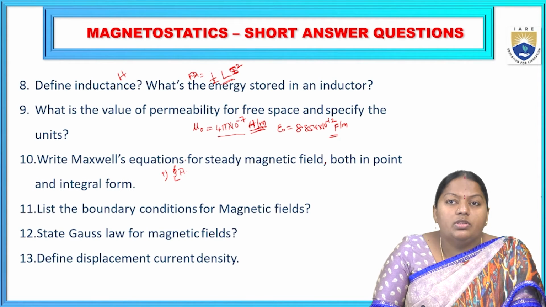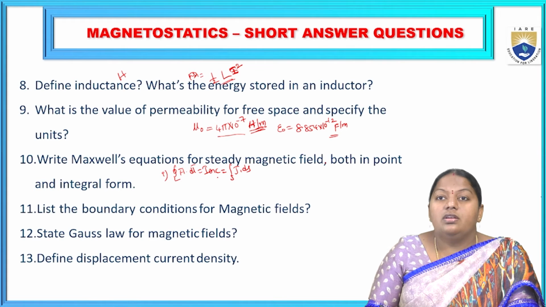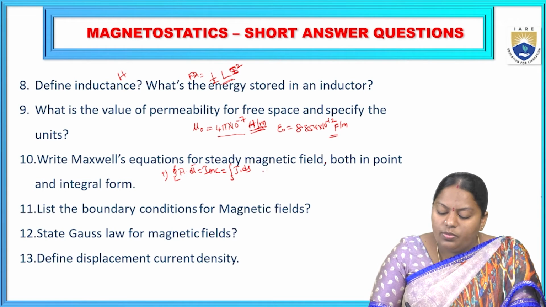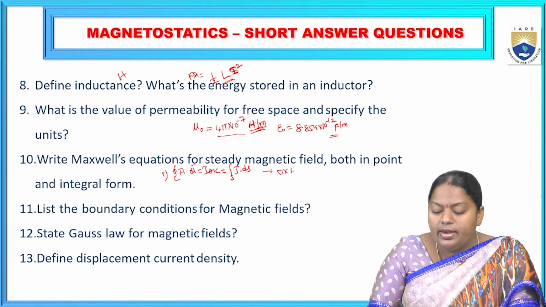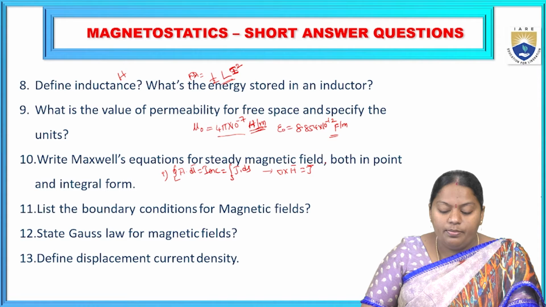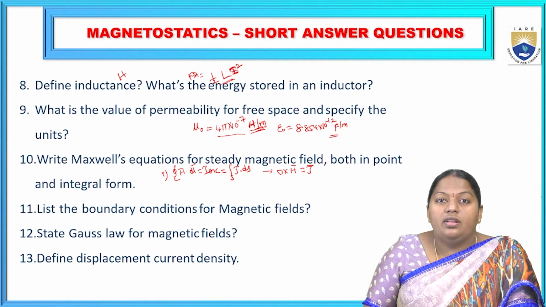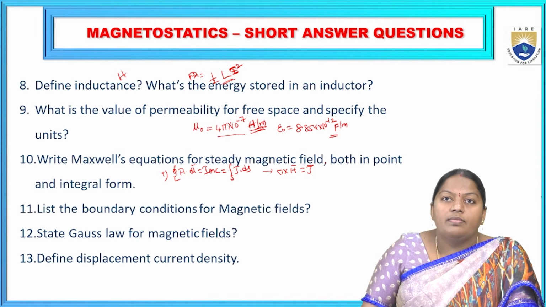which is represented with magnetic field intensity, that is, closed line integral over L of H dot dl is equal to I enclosed, which is the integral over S of J dot ds. This is the integral form, and the point form can be obtained by applying Stokes theorem. Then it becomes del cross H bar is equal to J, which is said to be the point form or differential form of the Maxwell's equation, the first one to be derived in